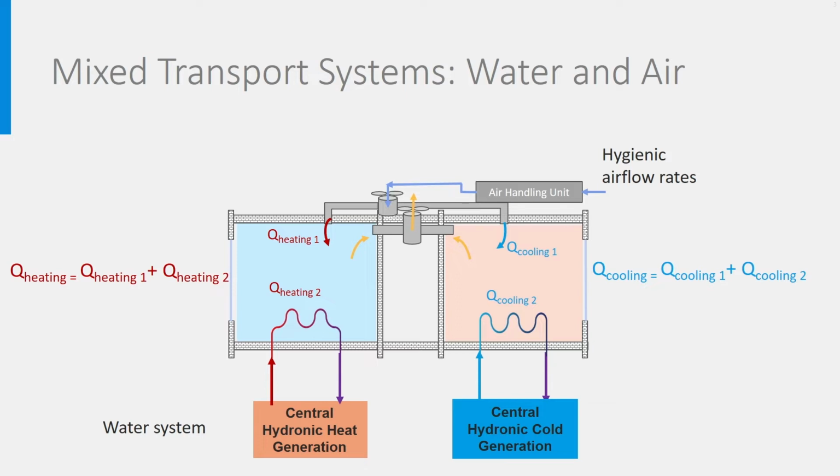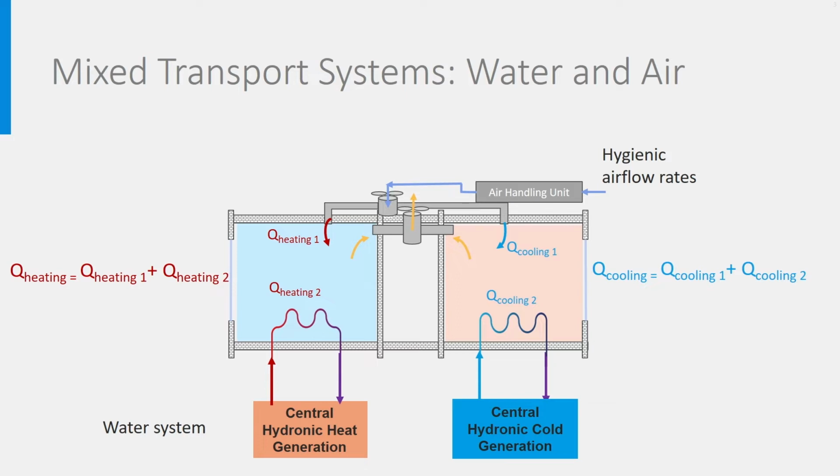You see on the slide left a heating mode and right a cooling mode. So, look on the left, the total heating load is partly covered by heated ventilation air coming from the AHU and partly by a hydronic heating system, referred to as Q heating 2 on the slide. As for cooling, look on the right, that's exactly the same. Mechanical return exhaust ventilation, like on this picture, allows for heat recovery between indoor and outdoor air, but is not strictly needed. Natural exhaust could be applied as well.